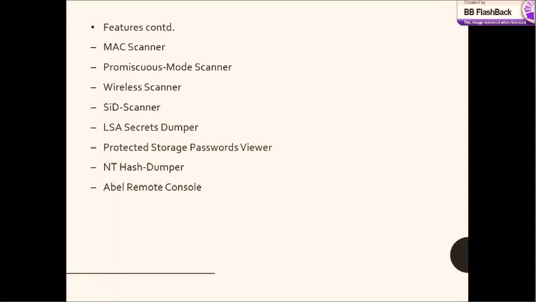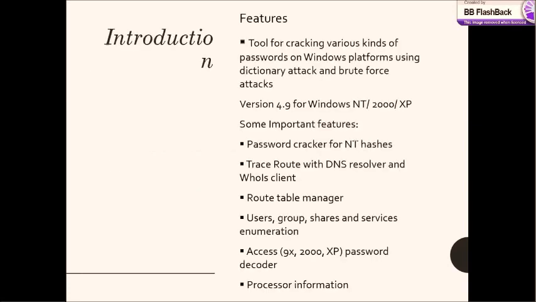So now that we've seen all the features of Cain and Abel, we can go on to the installation and the actual demo of this software tool. We start with a few basic features that I've lifted from the website. They say it's a password cracker for NT hashes, with traceroute, DNS resolver and whois client, route table manager, and users, groups, shares, and services enumeration,